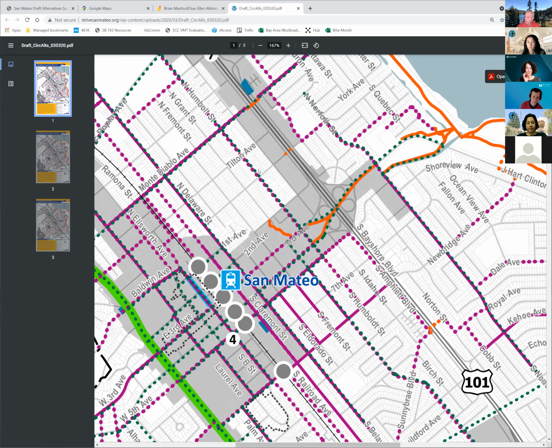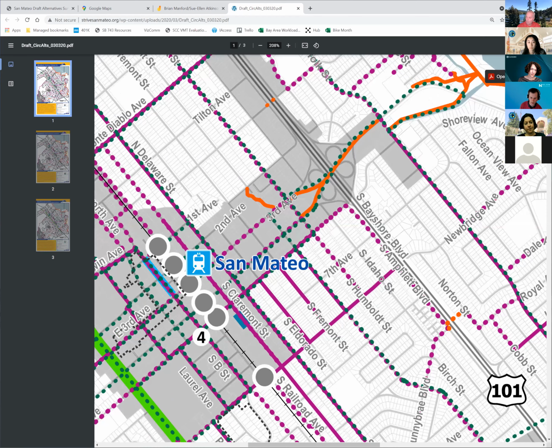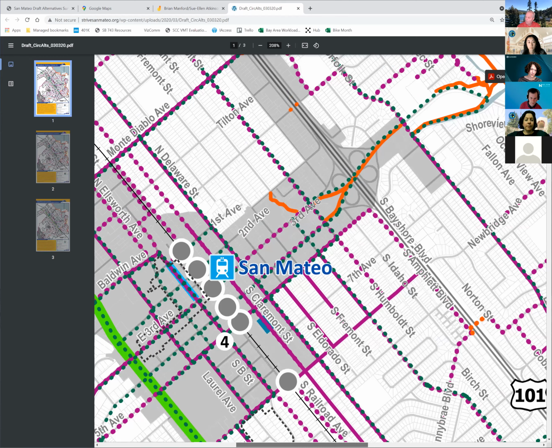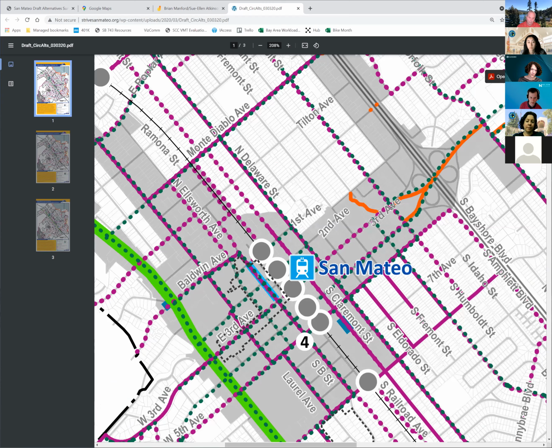And this dark blue that you see here, there'll be little pieces of it. Those are missing sidewalks in a study area. So that dark blue represents a sidewalk gap that we would fill in with this alternative. This light blue color is in downtown San Mateo on B Street, and that's looking at pedestrianizing those two blocks to create a pedestrian downtown zone.